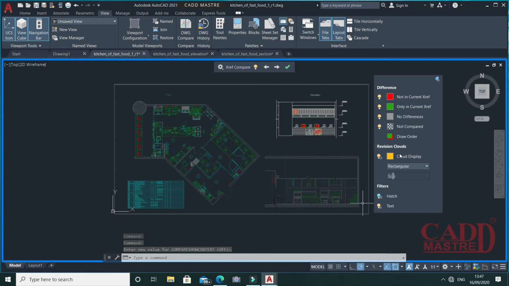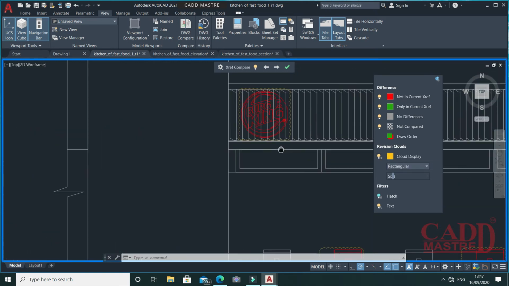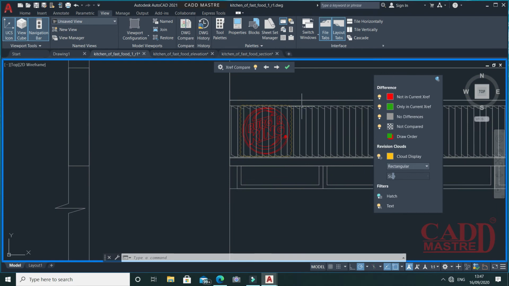This shows the revision cloud. If you zoom in a little bit, you will find the revision cloud of the edited entity. You can change it to a rectangular or polygonal shape.